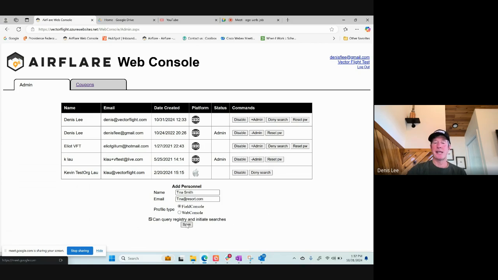Before you hit save, you need to determine whether you want Tina to have query and search capabilities herself. If you want Tina to have search capabilities, leave the default: can query registry and can initiate searches. If you want Tina to only have read-only access, then you can uncheck this box, and let's say it's field